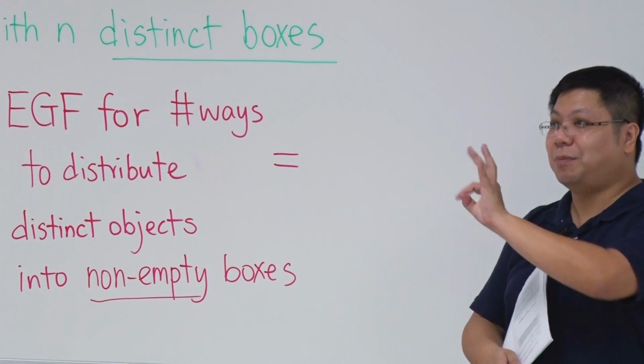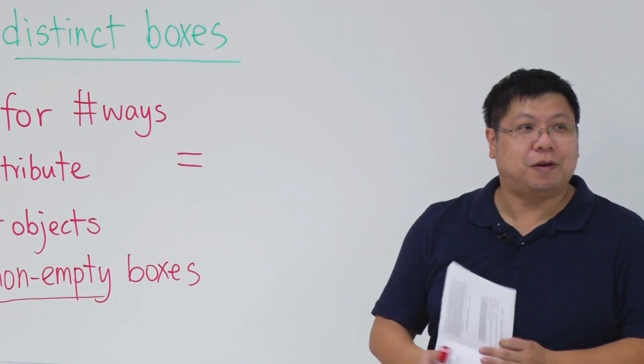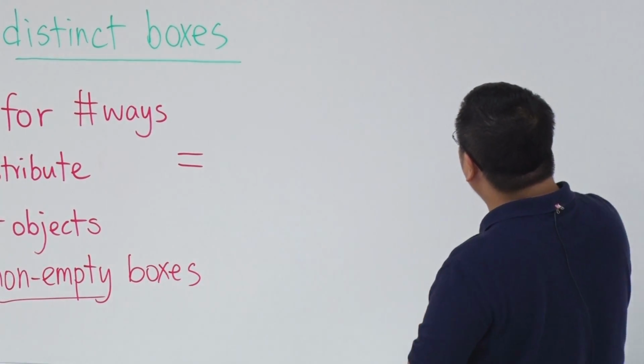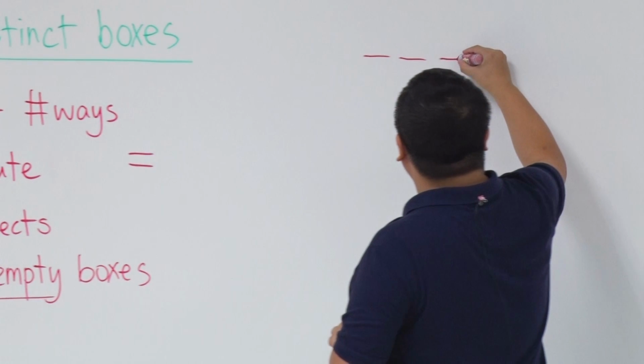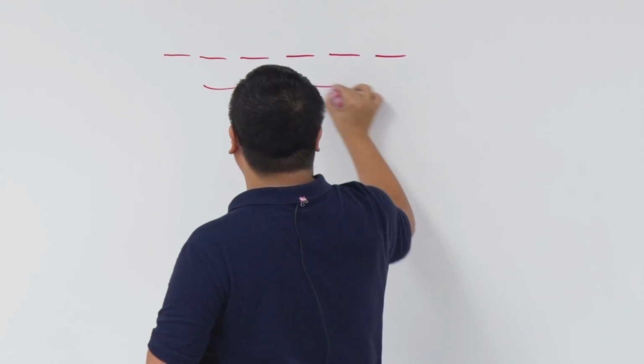N distinct but non-empty boxes. Is that okay? So what's that? So we've done that before. Because if you still remember, if we fix the total number of objects to be R, let's say they are going to be R objects,